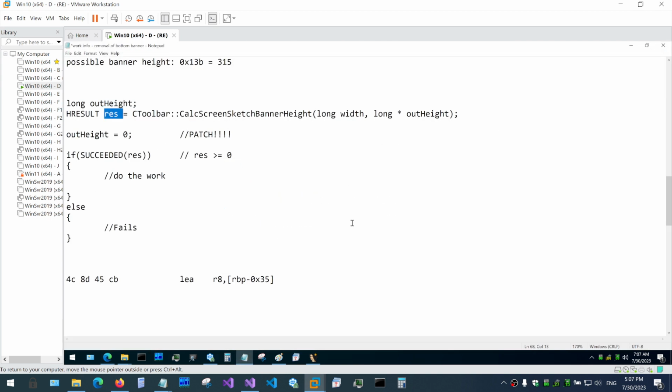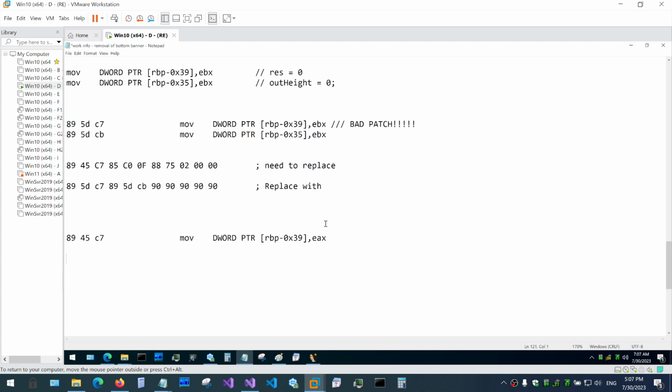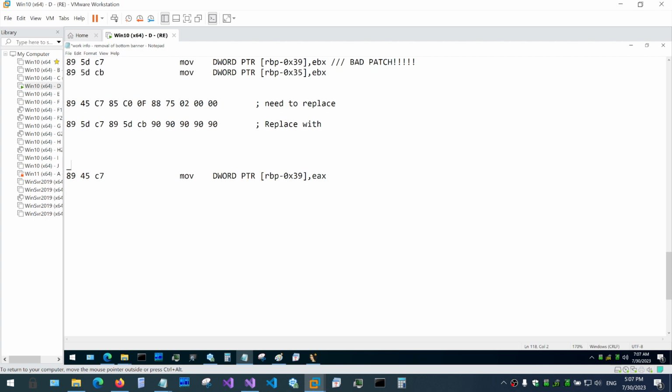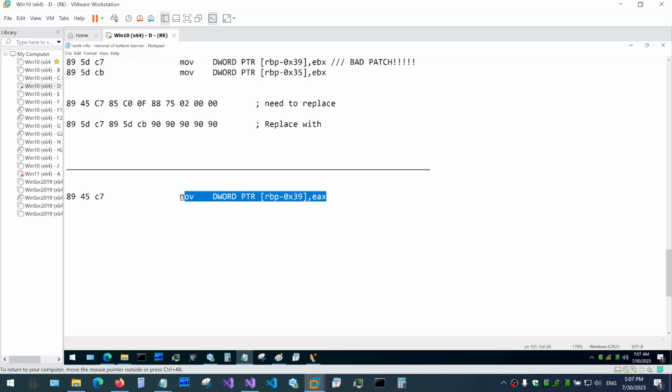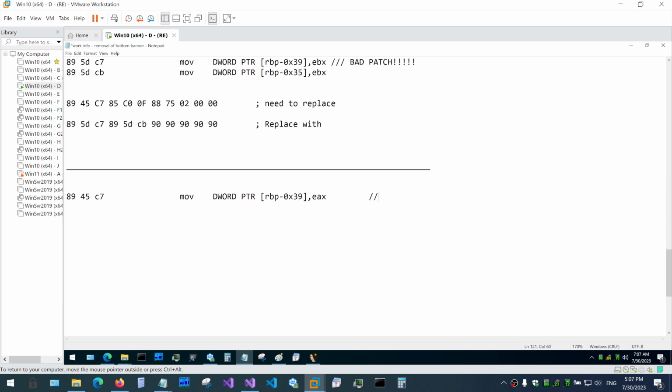Okay, so what we have here, and let me put here bad patch, right, so I don't do it again, and let me write a better patch. Okay, so this, just create a line here, kind of like part 2. So this line basically gives us the offset where h result is written to, and we can just set it as offset where h result is written